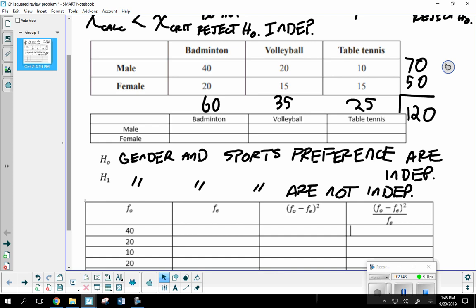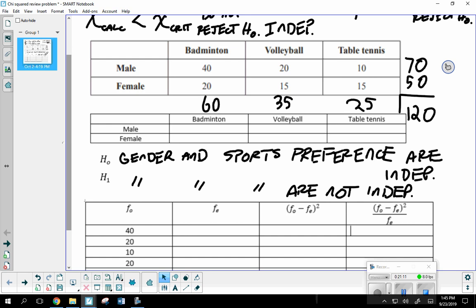Now remember, that's the observed data. That's the data that was actually collected. Well, one thing a lot of times you're going to be asked to do is find an expected value. That's what the next table is. How do I find an expected value for any of those cells? What does that mean? Hey, Ethan. Okay, multiply what?